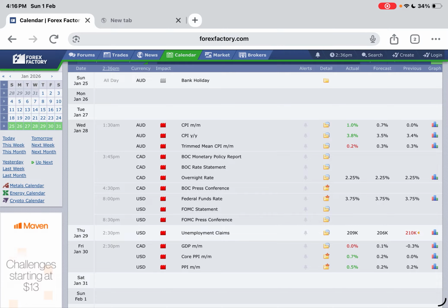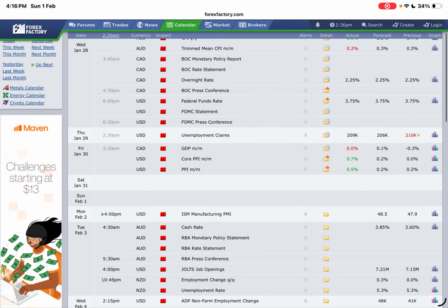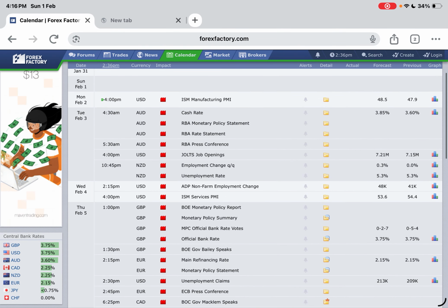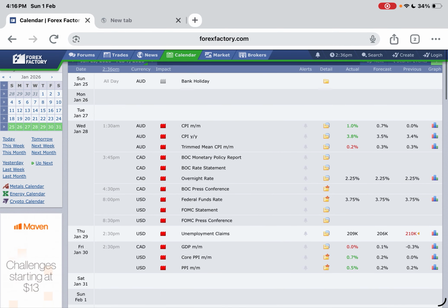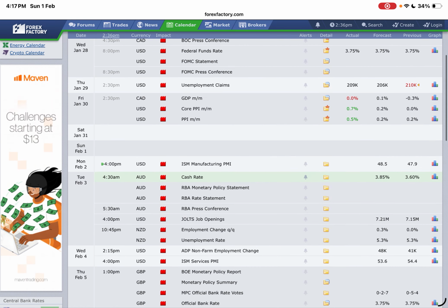So right now, I'm trying to let you know that Australian dollar is still positive, but we are going to be having a rate hike next week. Now, if you are buying now, it might be a little bit too late. Why? Because that rate hike is going to be happening on Tuesday. And you want to be trading based on expectations. So if you wanted to trade this news that's coming out on Tuesday, you would have actually placed a trade maybe on Wednesday or maybe on Thursday and held it all the way till Tuesday before the news comes out.